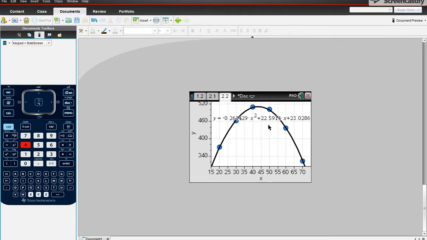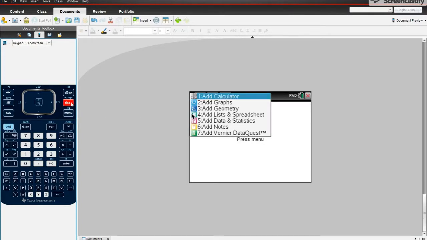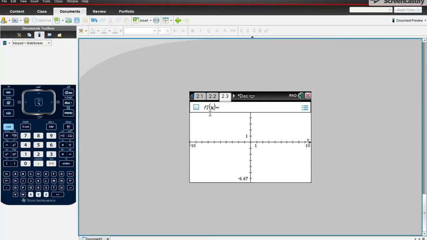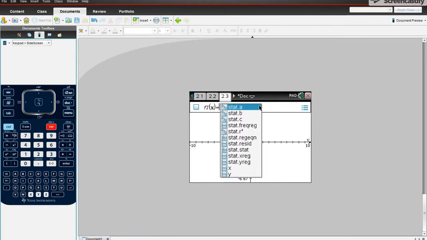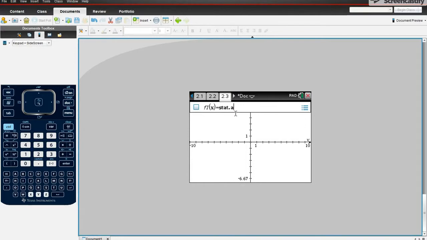Now, if we want to use that equation to actually find what's the highest point, we have to do one more step, which requires us to do another Control Doc. This time we're going to add a graph, and we're going to enter our equation. Now there's 2 choices. You can type in the equation you've written down, or you can use the var button that we used in the past and pull from there. The computer knows what the A, the negative 0.261, the B, 22.591, and the C is using the var button. So I'm going to use the var button, A